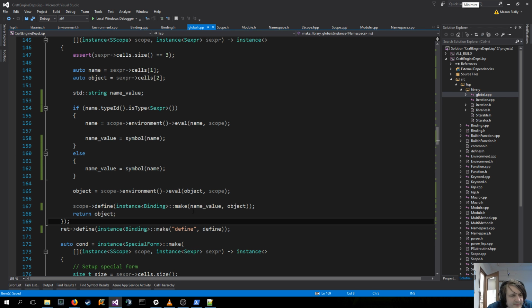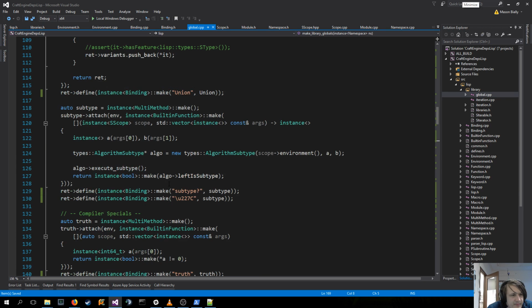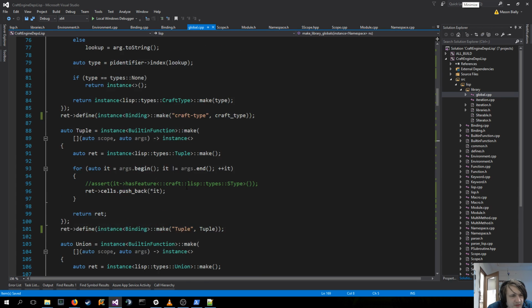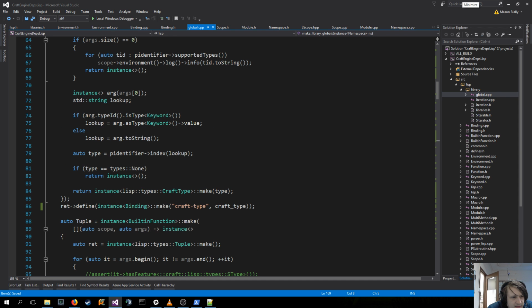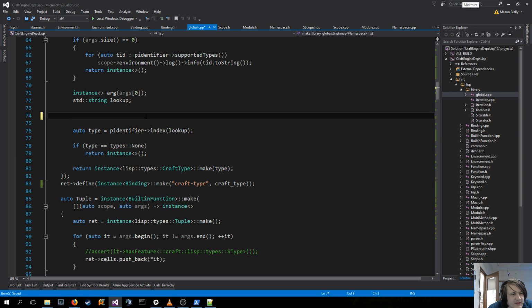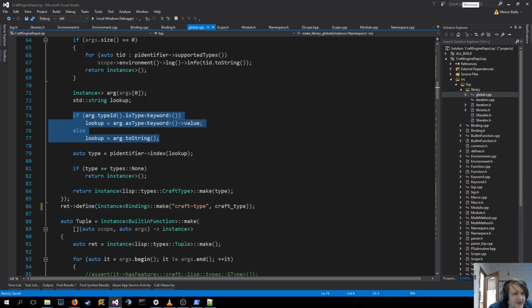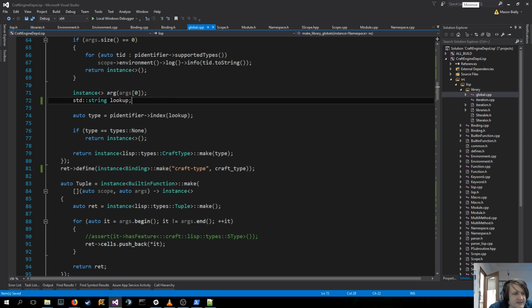Great. That's better. I don't think any of these other ones use craft type does. If it's a keyword, right here. So lookup equals, what was that, arg0? Arg? Yeah. So what we really want from this is